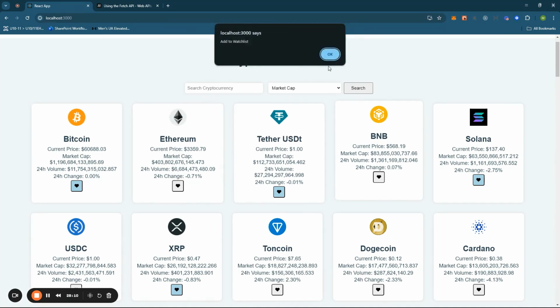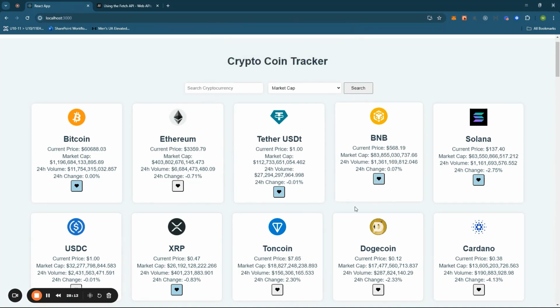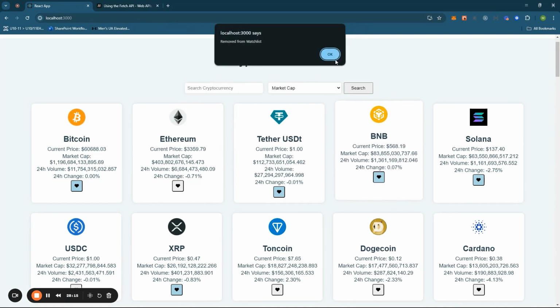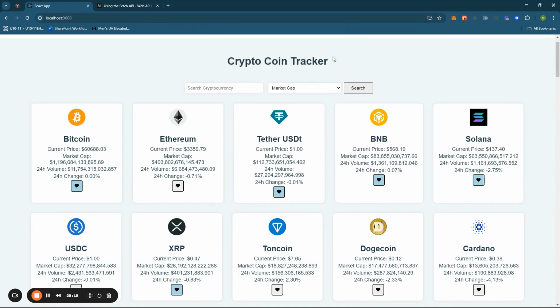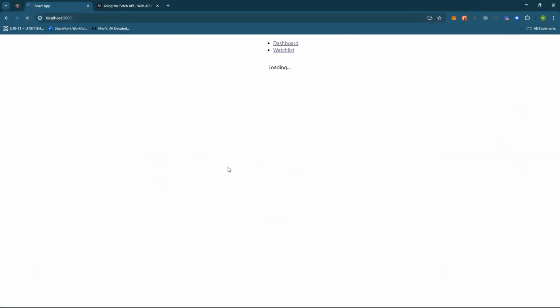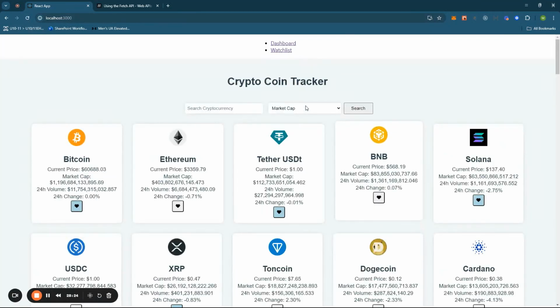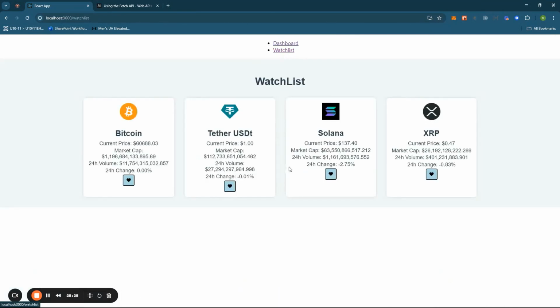So you can see it's refreshing now. It's making that call. So we're adding to the watch list, and you can see that the highlight is changing, and then we're removing from the watch list, and the flag is changing. You can see it takes a little while to maybe reload and fetch from the server, but to be honest, it is doing a nice fetch based on our action here. So let's see here. If we go to remove one of these guys,